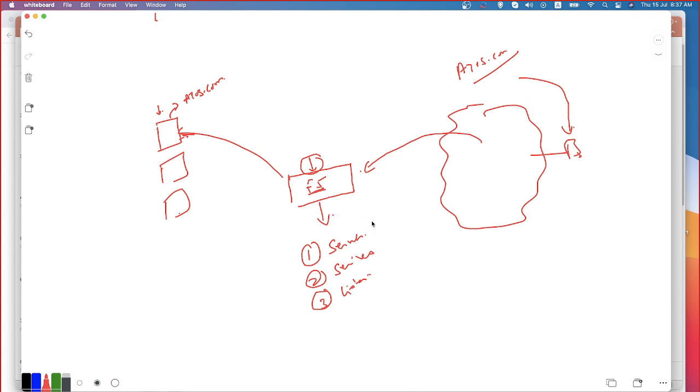So I have servers, I have services, I also have the listener. Listener is the IP on which your FI device